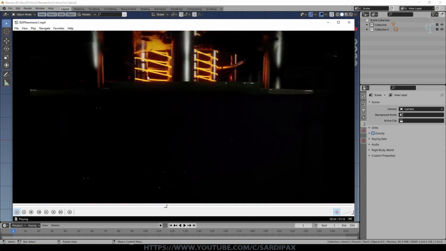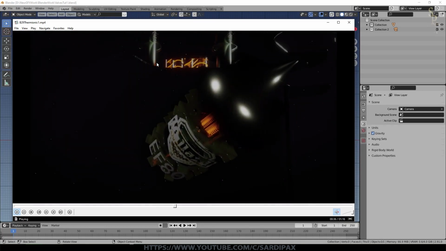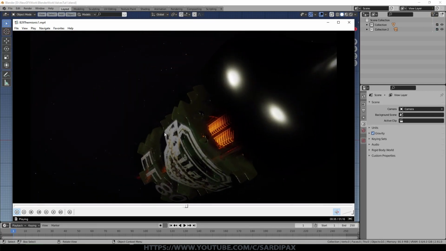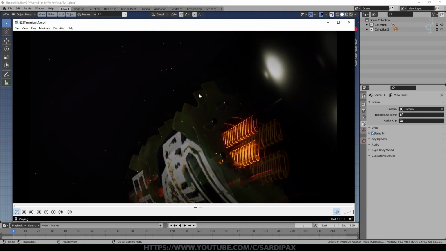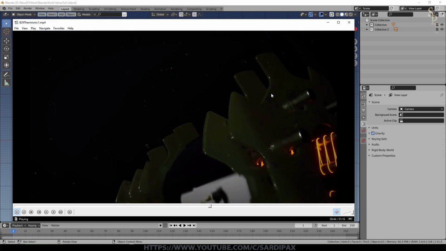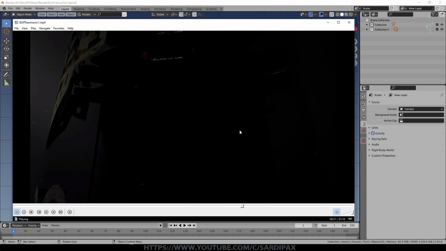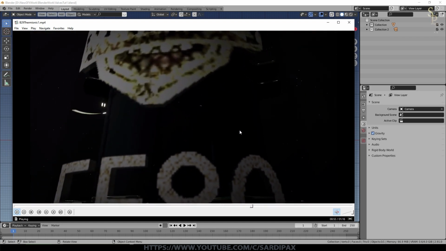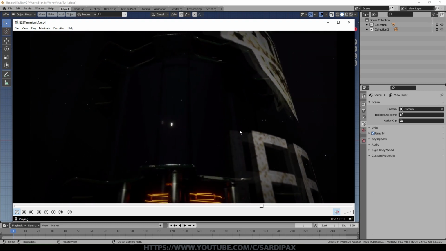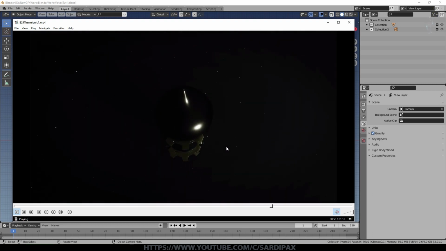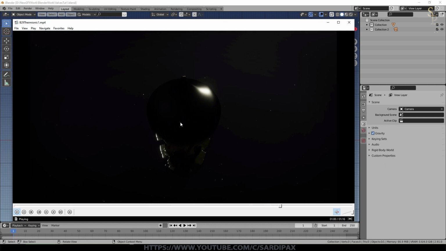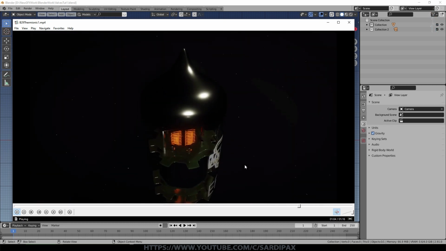So you can see we've got some glowing heaters in the middle there, and we've got a decal as the label on the glass. We've got some silvered glass towards the top, which you'll see at the end better. And I've added a little bit of volumetrics in there as well, as some stars in the background. And there you can see the silvering on the top there, which I'll also show how to create.